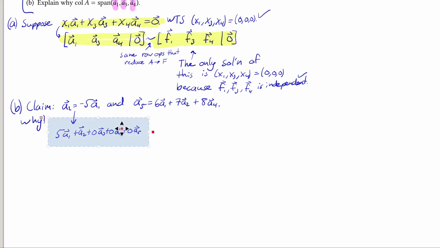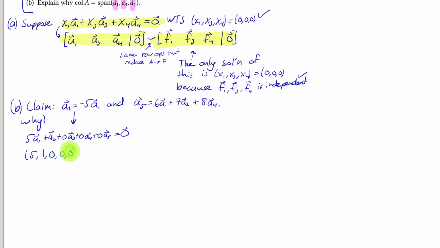That has got to be equal to the 0 vector. All I did is add the 5A1 to both sides of this. And that means that 5, 1, 0, 0, 0 is a solution of the system with the augmented matrix,